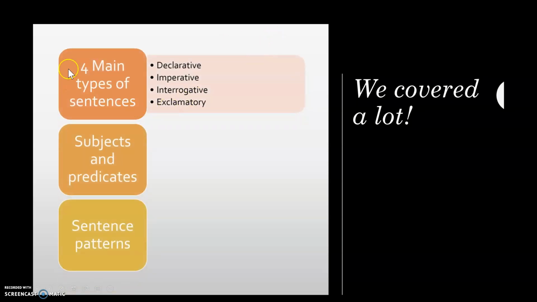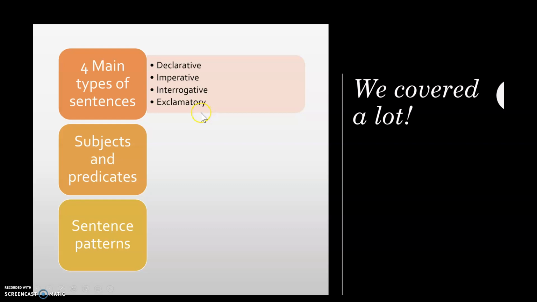But what we've covered here, we've covered the four main types of sentences. So declarative, imperative, interrogative, and exclamatory. And remember, declarative ends in a period. It's a statement of fact. Imperative is a command, like take out the trash. We omit the you, but it's implied and it's still a sentence. An interrogative is a question, and we reverse the subject and the verb. An exclamatory is much like a declarative or an imperative sentence, but it ends in an exclamation point because it